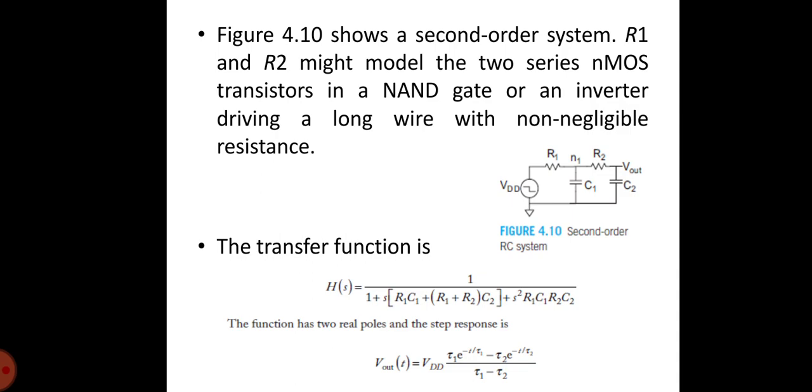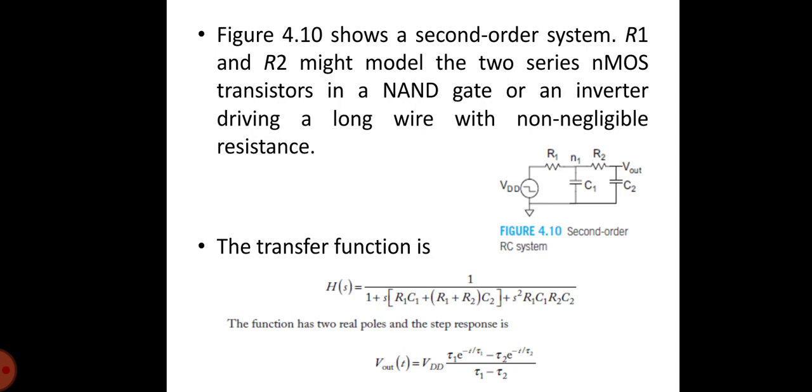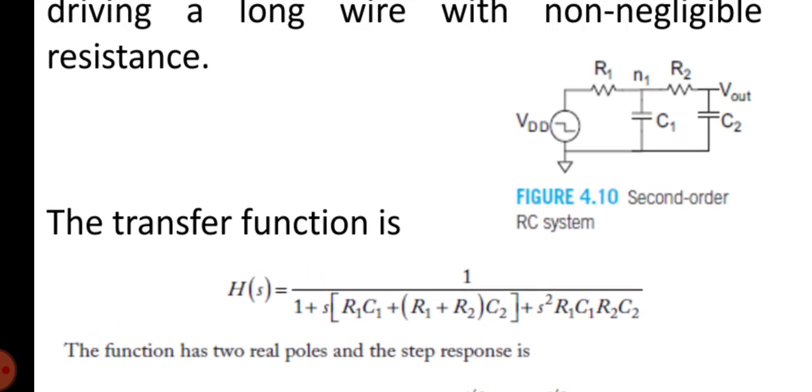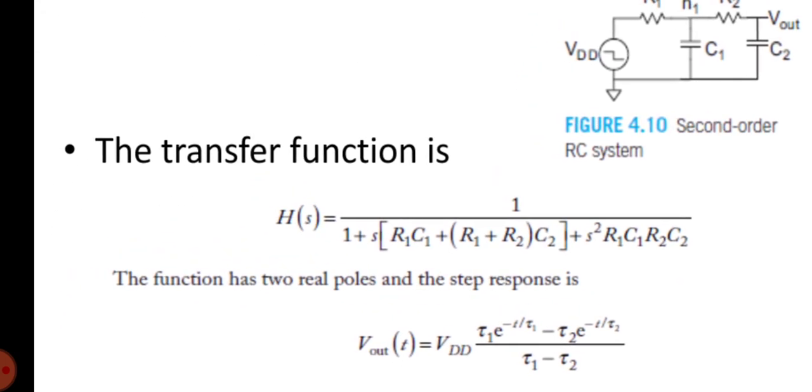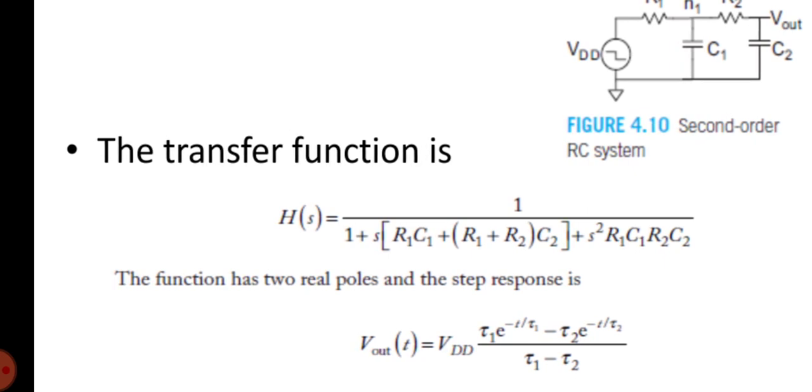And this diagram shows the second order system. R1 and R2 might model the two series NMOS transistors in a NAND gate or an inverter driving a long wire with non-negligible resistance. The transfer function of this second order system is given by H(s) = 1 / (1 + s(R1C1 + (R1 + R2)C2) + s² R1C1R2C2). The function has two real poles and step response V out of t is equal to